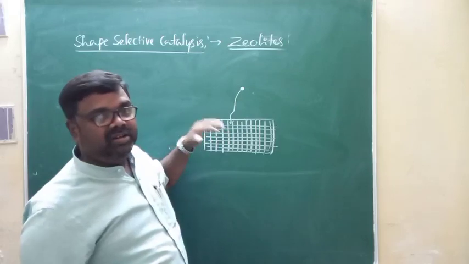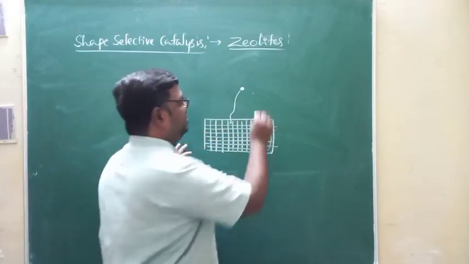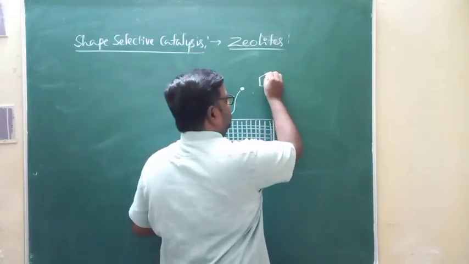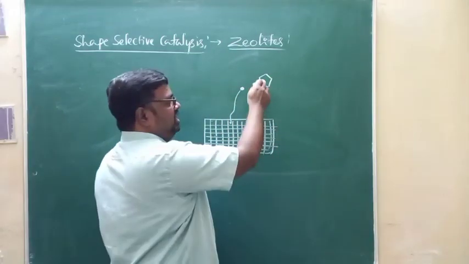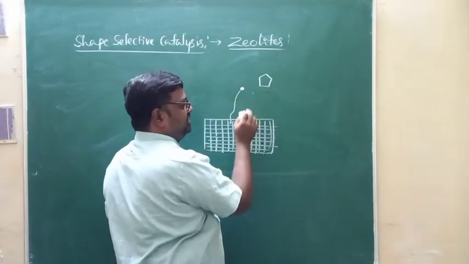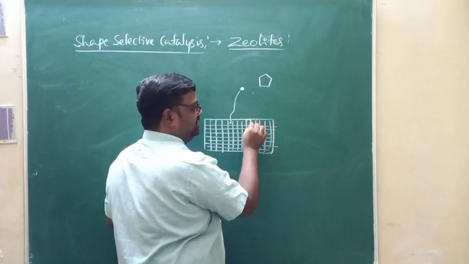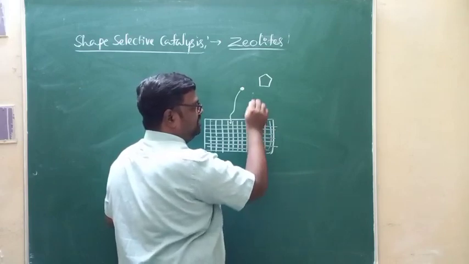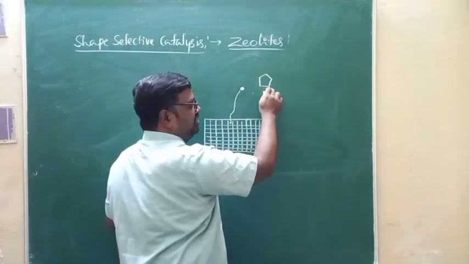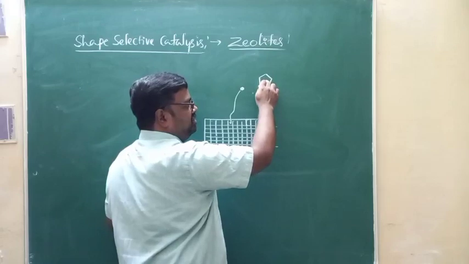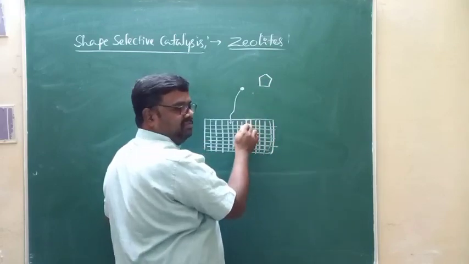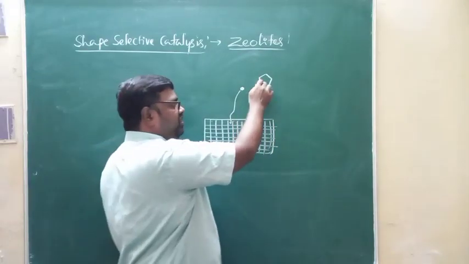Then only zeolite can act like a catalyst. Imagine this is one molecule. Its shape is like this. Look at the shape of the cavities. It is a square, but the shape of the molecule is like a pentagon. This particular molecule, which is bigger than the size of the cavities of zeolites, will not enter into the